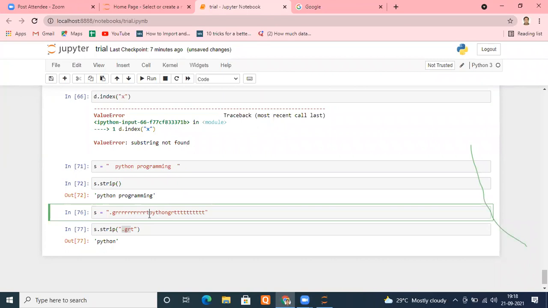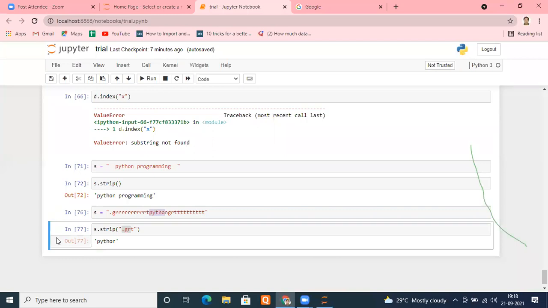Same process. It will go to the right hand side now. What is the first character? T. T is there? Yes, remove it. T is there, remove it. T is there, remove it. R, yes, remove it. G, yes, remove it. N. N is there? No. N is not there. Stop. No further characters will be removed from the right side. So the only thing that remains is this one. Now tell me, is it okay or not, please?